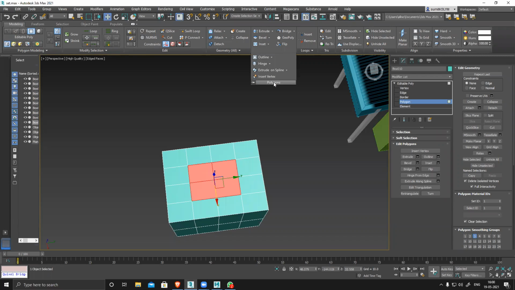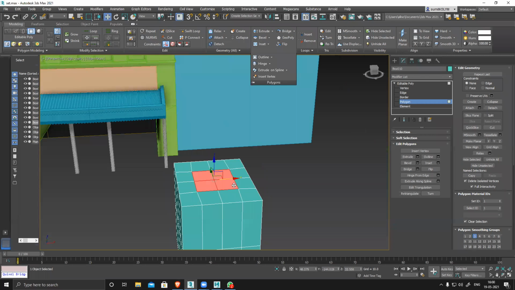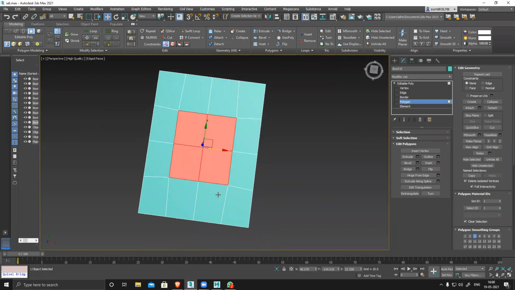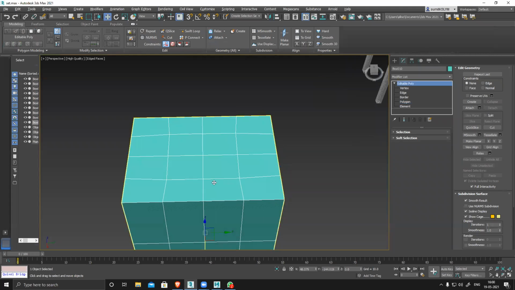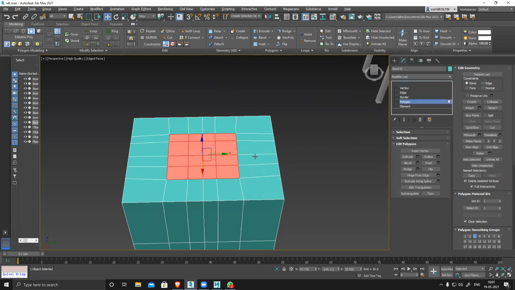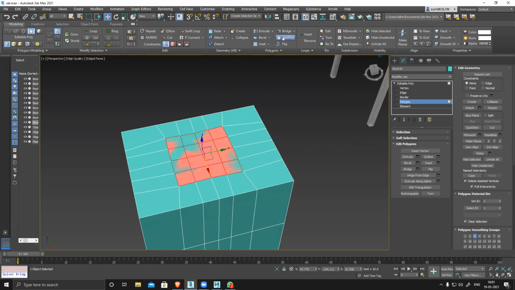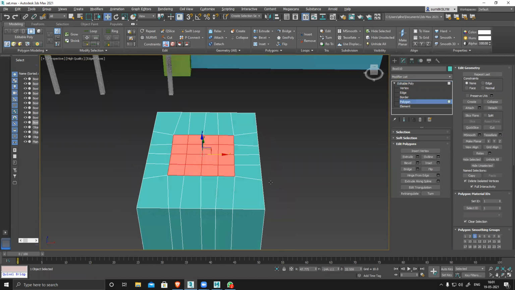Polygon, geopoly, this one. It tried, but still not there. Maybe I need more polygons here or what? It makes the surface plane only.